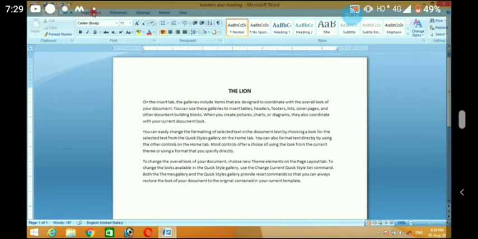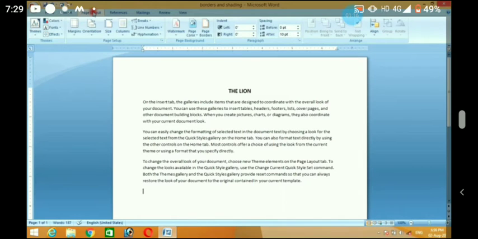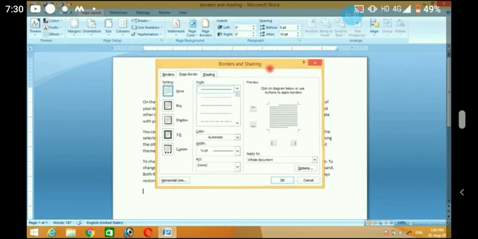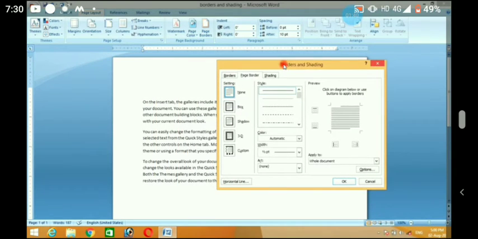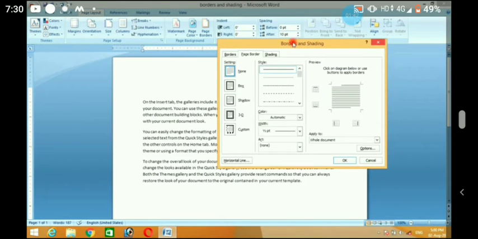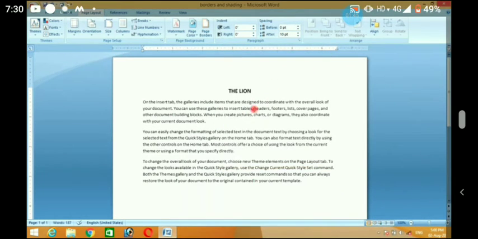Okay, so now go to the page layout part. Under the page layout part you can see the option called page background. Under this, the page border option is there, page color and watermark. Okay, these three options are also available over here. If you click on the page border, the same options will reappear: border, shading, page border. From the page layout also you can go, and from the other one that I have shown, from there also you can do the border and shading.